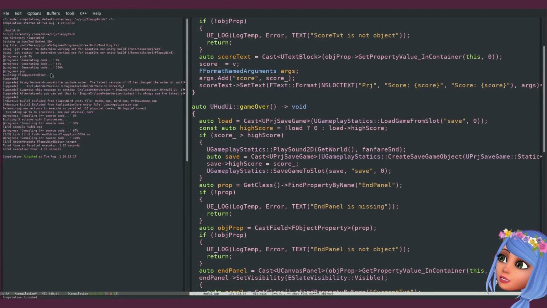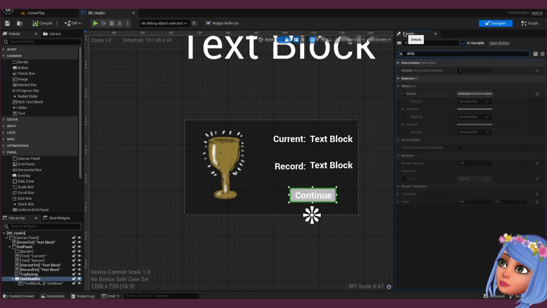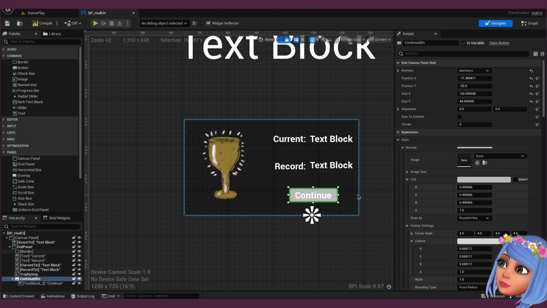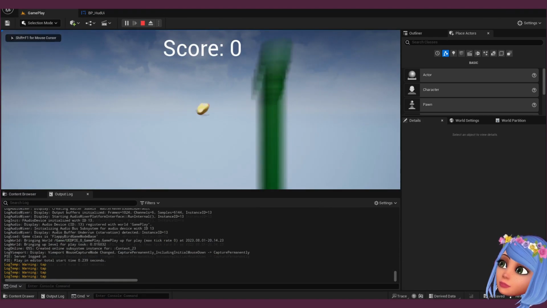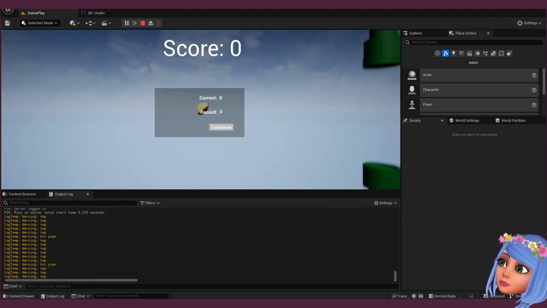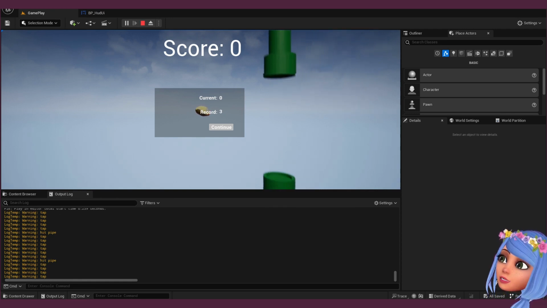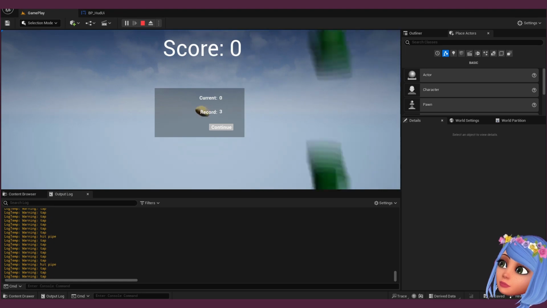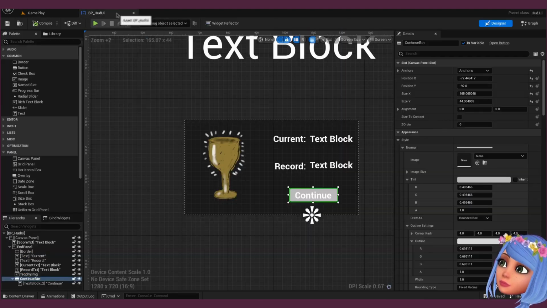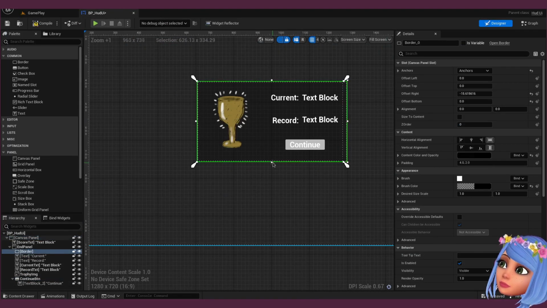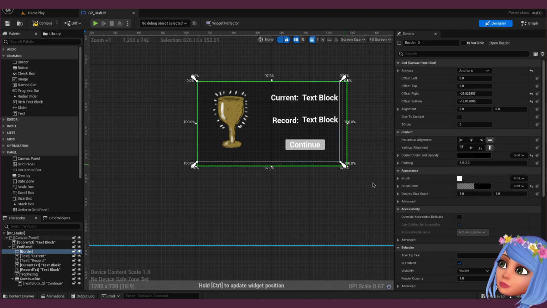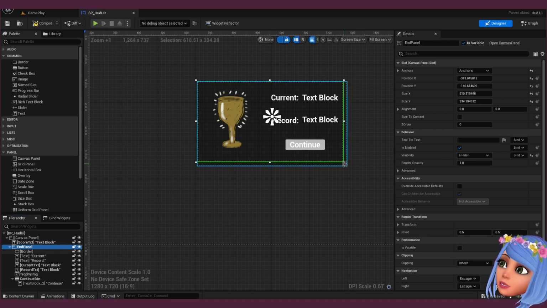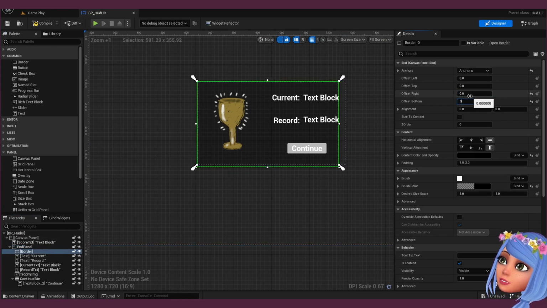So okay, I'm thinking, oh, I moved the border, 0 0.